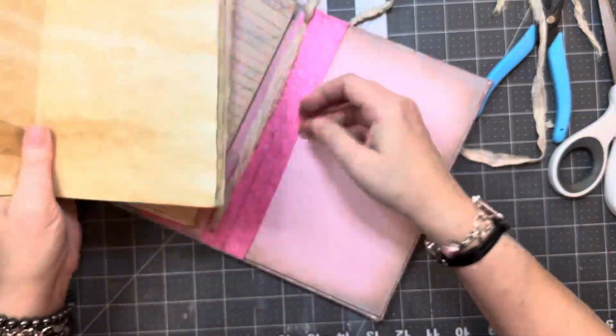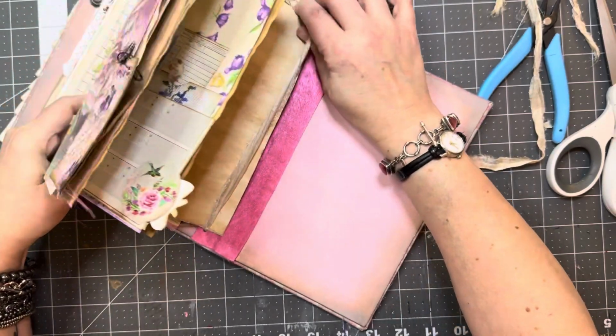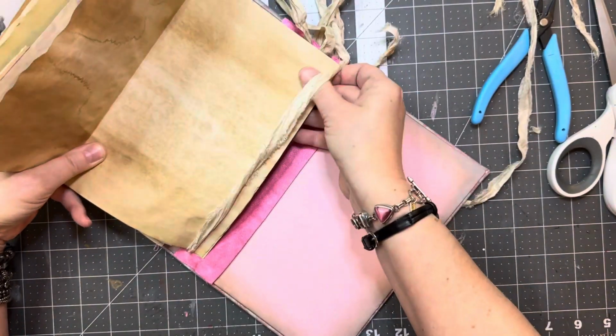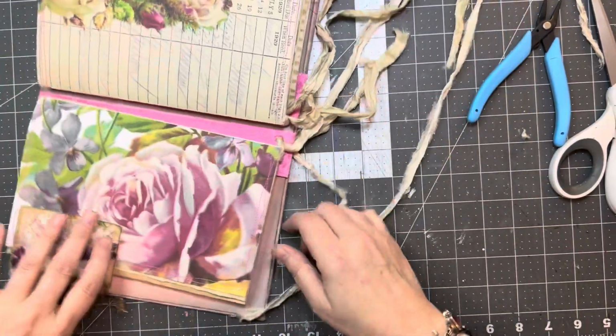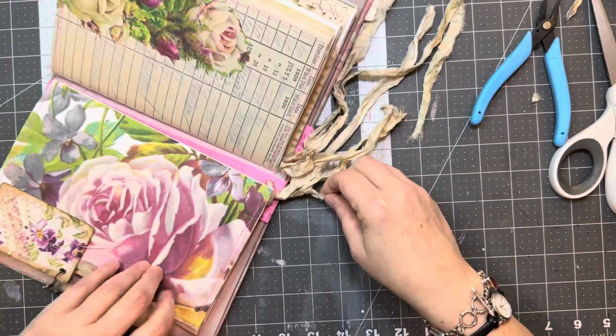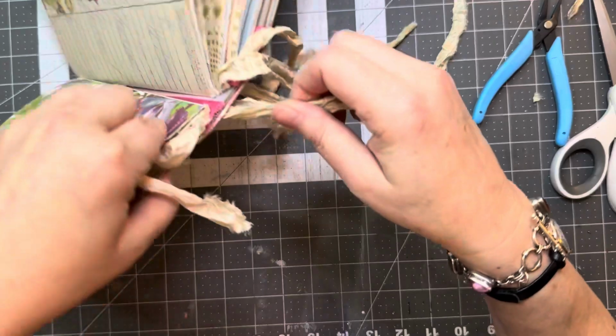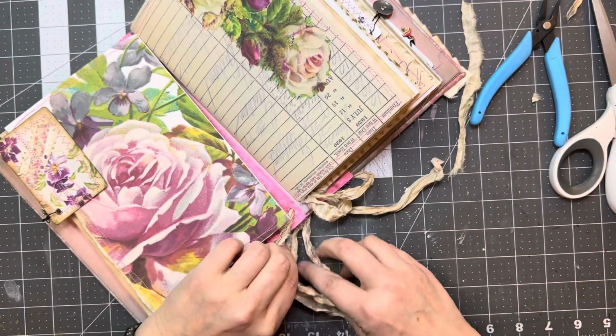Okay. Make sure all your pages are together. We're going to put that underneath there. If you start out at an angle, it's easier to get them in there. Okay, now let's try this again. So, is that the right one? Okay, so that's the right one. And we want to